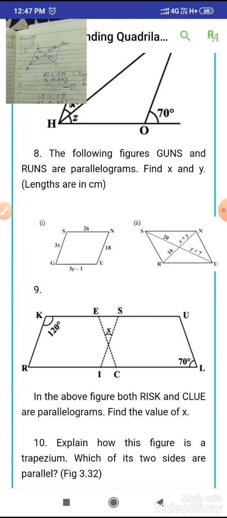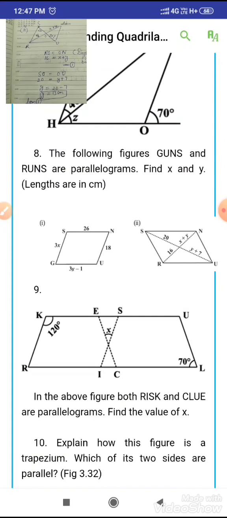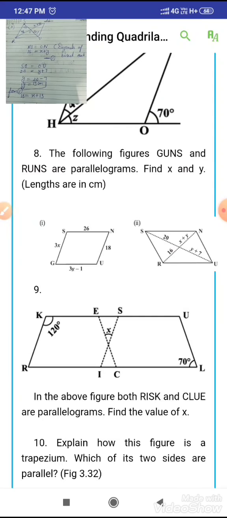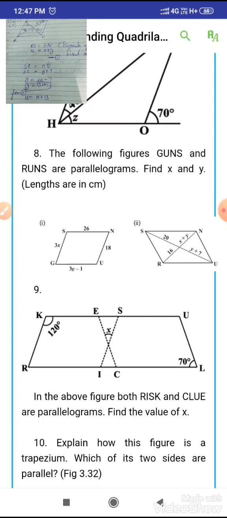So RO is equal to ON and OS is equal to OU. First we write RO is equal to ON and put the value of RO and ON here. So 16 is equal to x plus 1. Now leave this equation here and mark it as equation 1. Then we write